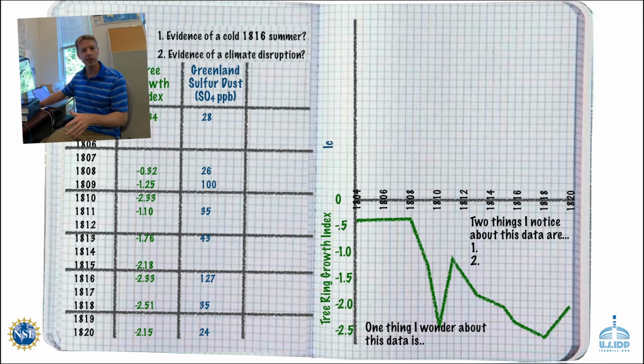Okay, so now you've had a chance to record the data. Let's go to the other side of your notebook page where we've already plotted the tree ring data. And on the top of the y-axis, we're going to plot this ice core sulfate data from Greenland. So starting with our top value, we're going to plot that up. And then just like we did with the tree ring data, we're going to connect the dots with a ruler and see what we can actually see in terms of changes in sulfate with time. So take a moment and do that, and pause the video if you need to, and then we'll talk about what we see.